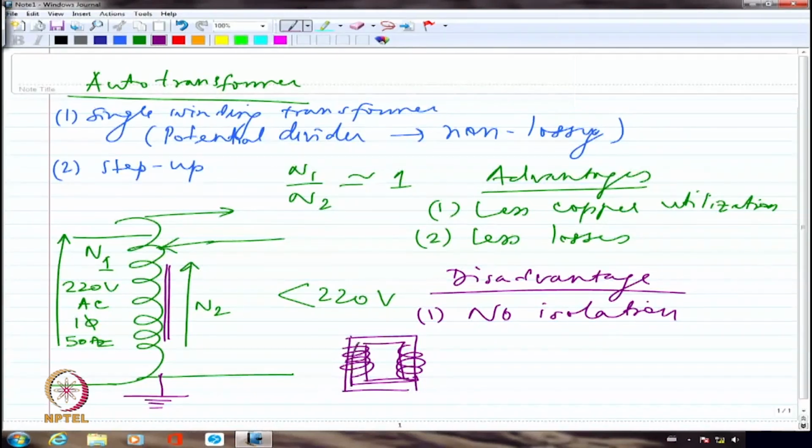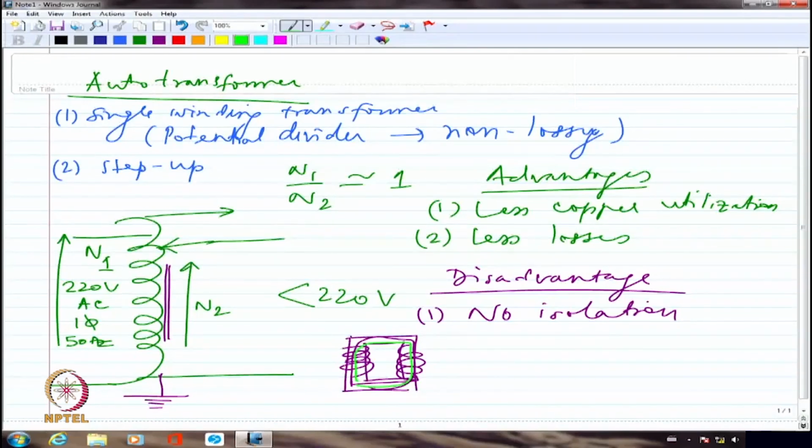So I am looking at maybe a core type here. In core type construction, I am going to have the same winding wound on both the limbs, and they will be connected in series. Because they are connected in series, very clearly all the voltages across all the turns add up together. It is series addition. So the total voltage what I get will be the addition of all the voltages across each of the turns, right? So no isolation is one of the major problems of auto transformer. But one more